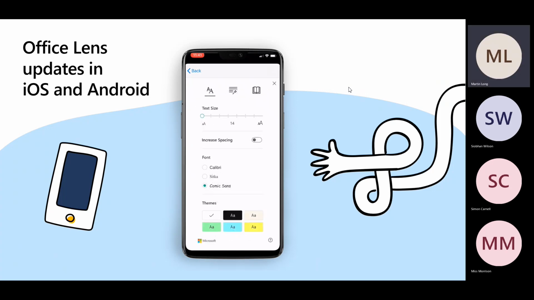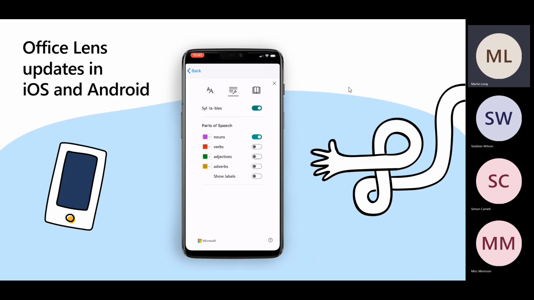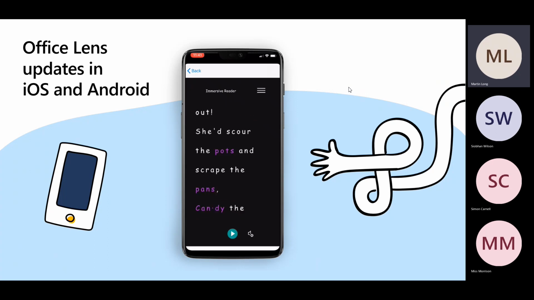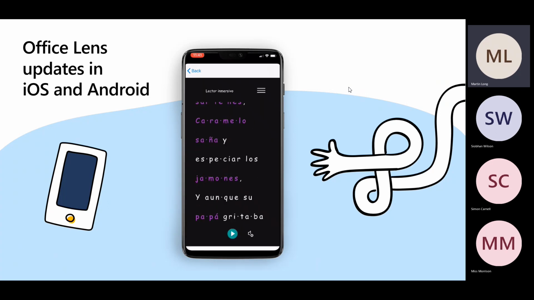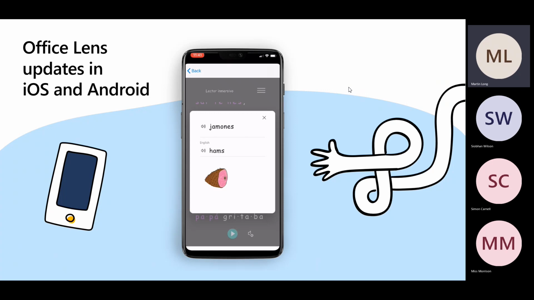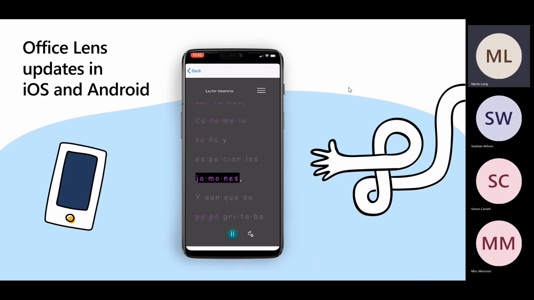It will read it to you, but you can change all of those options that we had in the full-blown desktop software. So again, you could have tablet devices for your pupils in the class to hold over the textbook, and then they could put it into Immersive Reader via Office Lens, and then they can have it in their languages, they can have whichever learning needs supported,